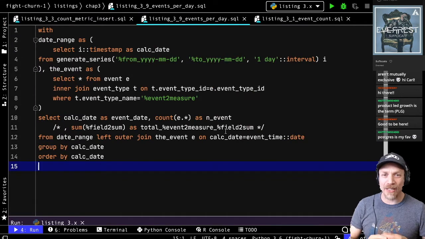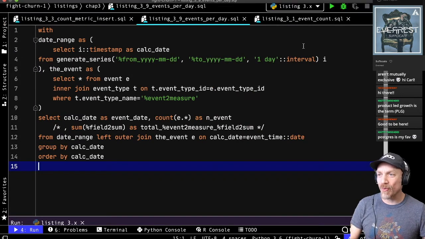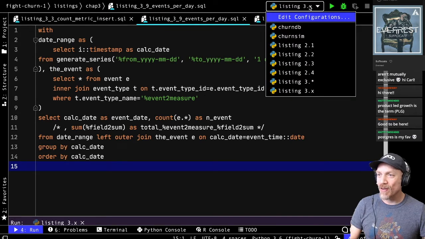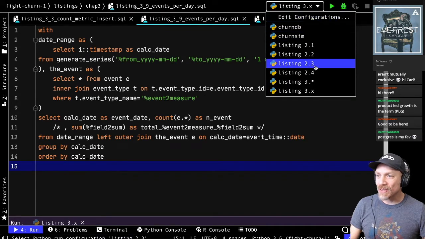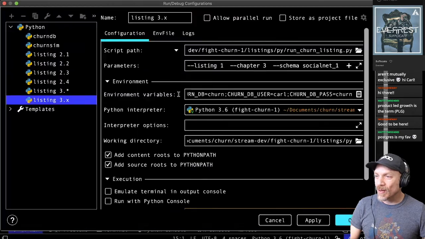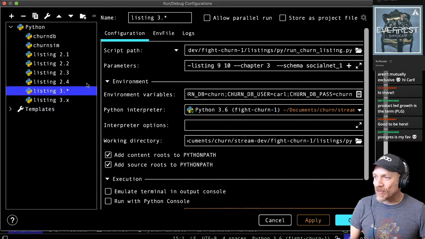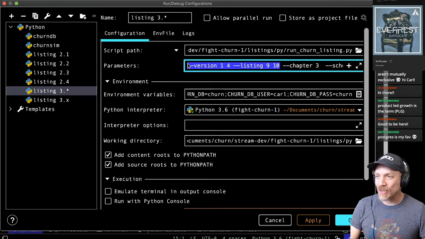In a minute I'll do a diff and show you the old one, but I want to show you how it works first. So let's go to, what do I have to do here? I want to run, yeah, this is right. This is listing 9. I also need to do 10. Yeah, versions 1 and 4. Okay, this is going to be a quick couple of examples to show you this listing working.